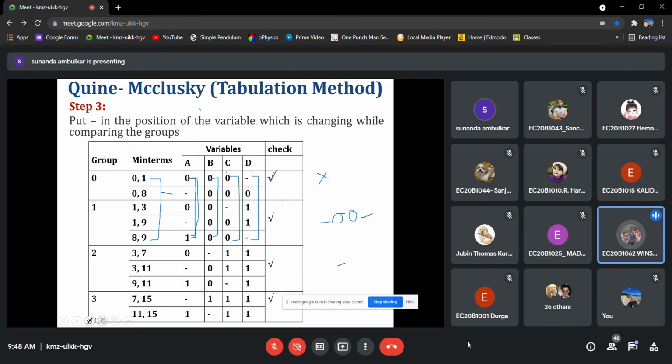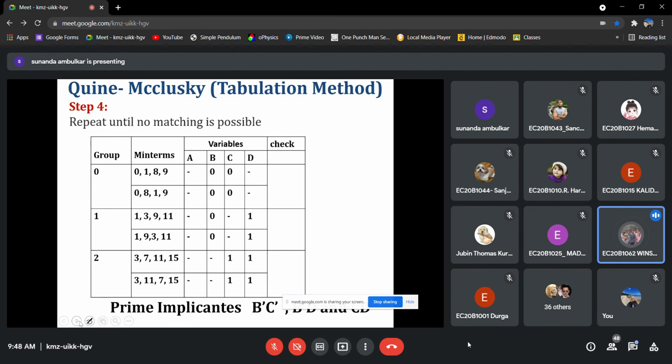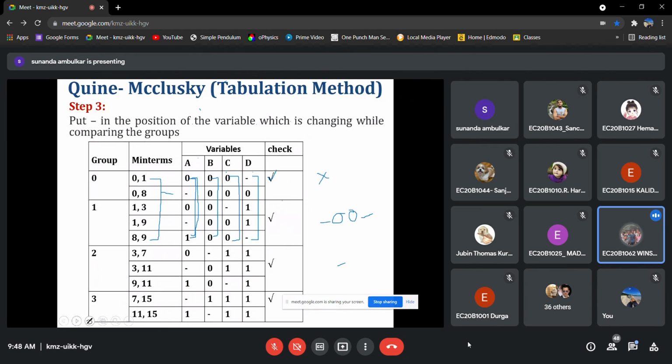Yes, ma'am, can you show the previous one? Comparing 0-1 and 1-9 in that D column, dash and 1 we are comparing, right? That is counted as a variable change. Yes, dash we will also consider, whether it is changing or not. We are just checking whether the variable is changing, whether it is dash or 0 or 1.